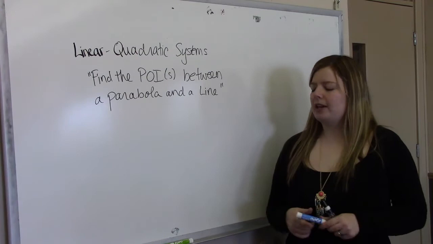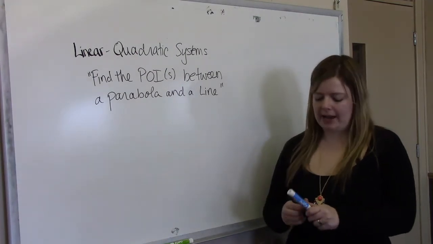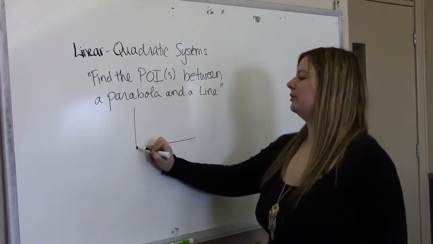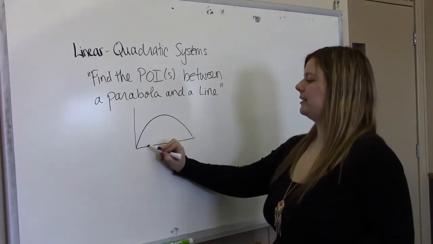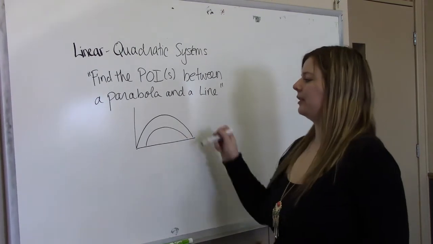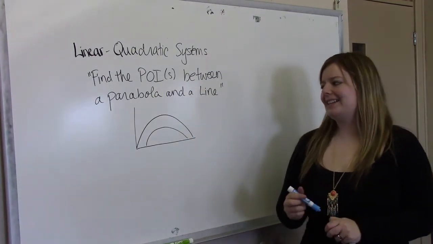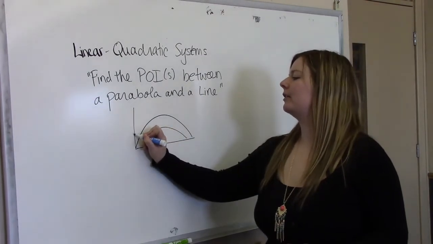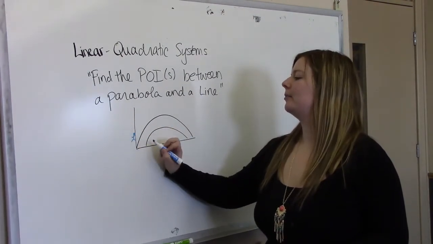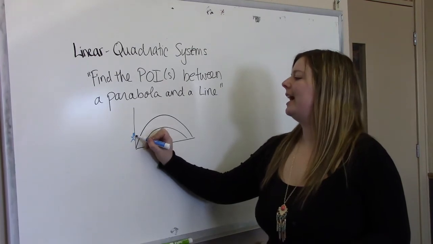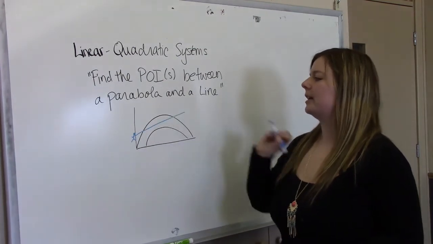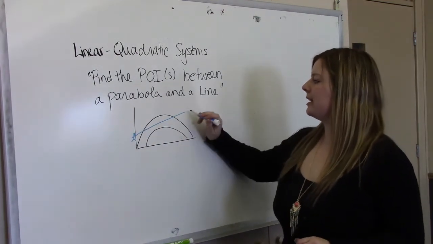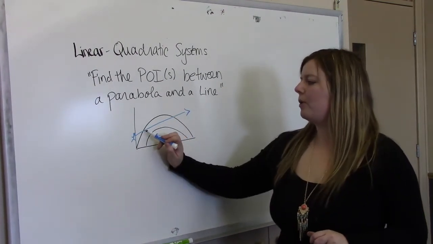So somewhere you might use this is, let's say you have, I don't know, a bridge that looks like this. Here's your fun little bridge there. And you are shooting a gun from here. Not very pacifist, is it? And you want to know where it's going to hit the bridge. Okay? So you're shooting an arrow, let's say, in a straight line, and you want to know where it's going